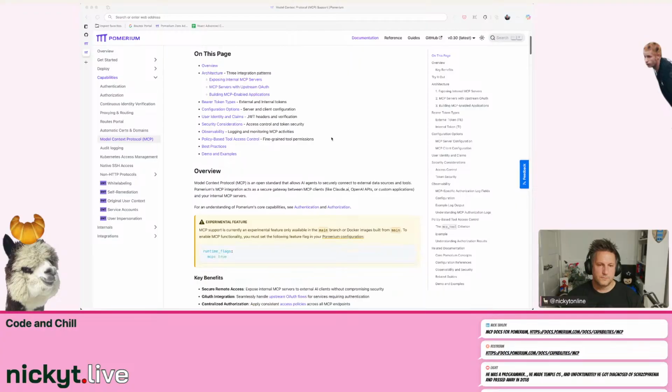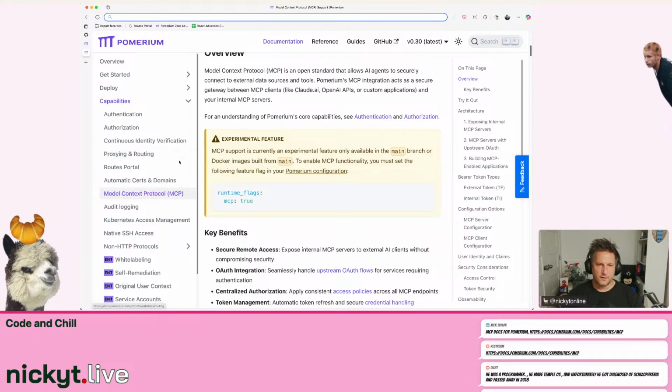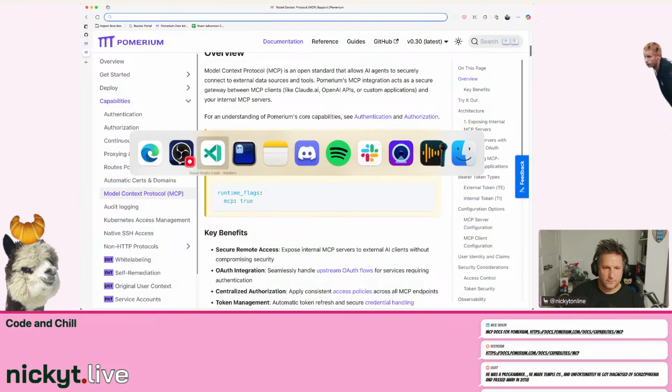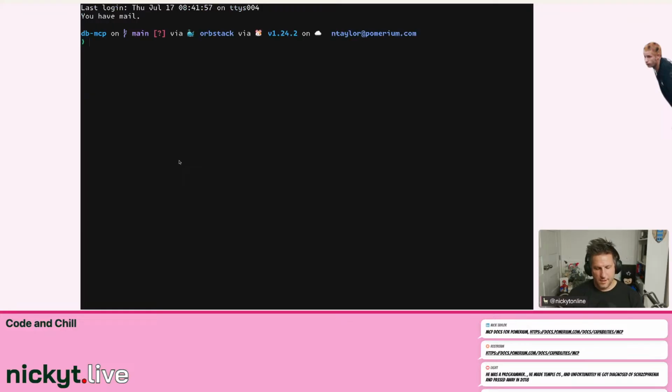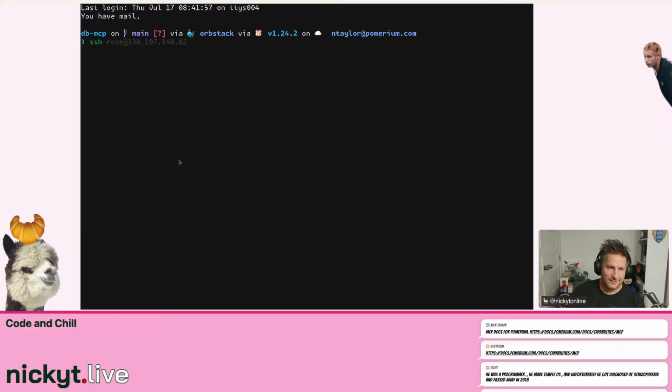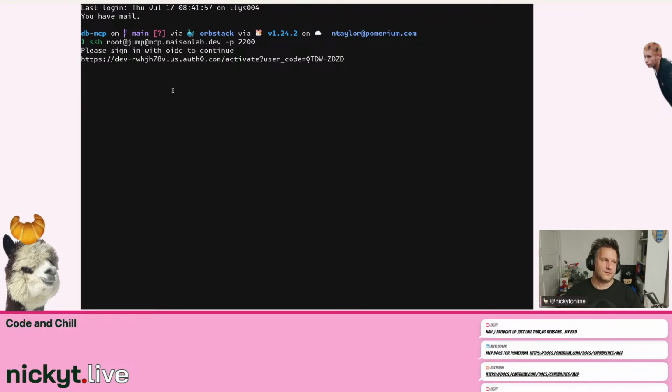All right. So I'm not going to go through all the docs here. I'll show you the config in a sec. Actually, let's do that. Let's go back to Ghostty, and I'm going to log in with native SSH going through Pomerium, which is one of my honestly new favorite features that we released. This is a side note. This has nothing to do with MCP right now, but I'm SSHing into my